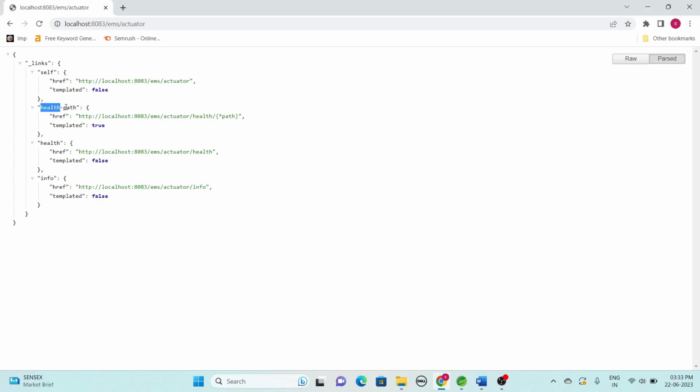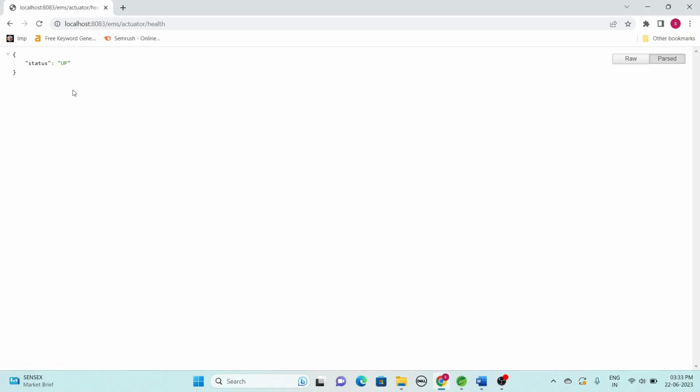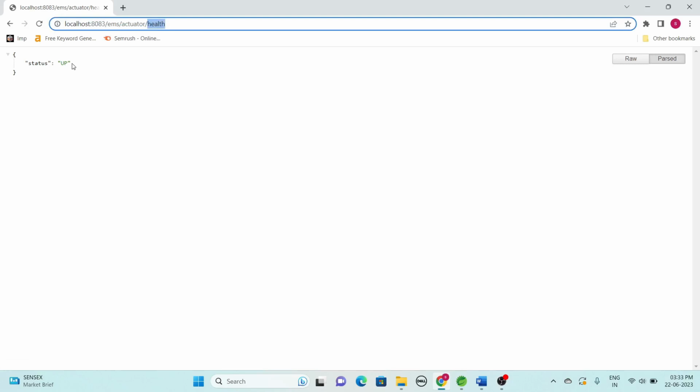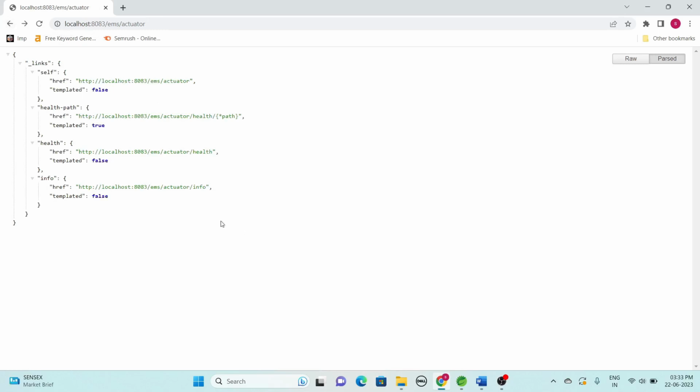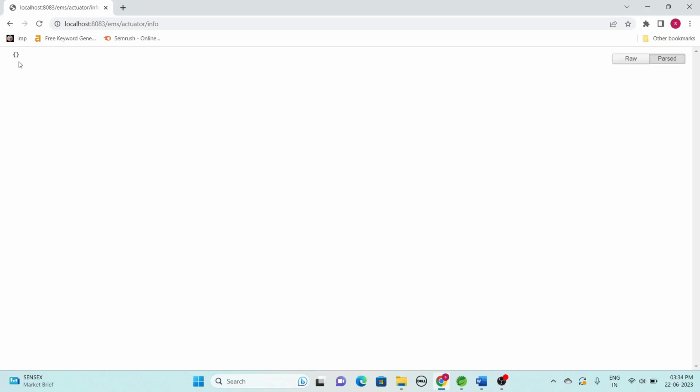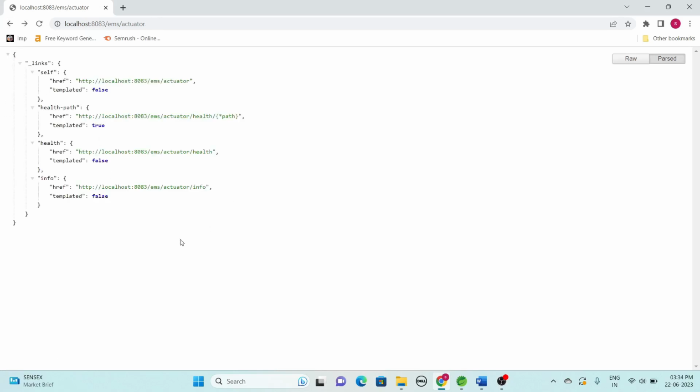Again, it is giving health with a particular path; the health of a particular API we can also give. I'm just clicking on this. If you see, the health of our application is up. It is up and running. Okay, so let's come back and see the actuator info. It doesn't contain any information, because these are completely basic endpoints which are enabled with the help of